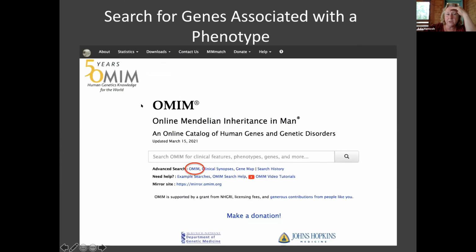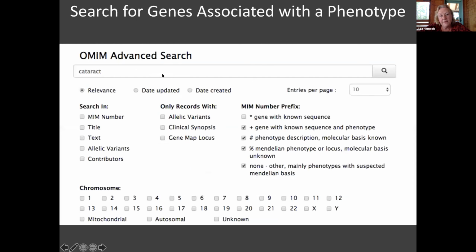And then in this case, I don't know if you guys need to do something like this, but if you're looking for genes associated with a phenotype for some work you're doing, you go to an advanced search of OMIM. And by the way, this is how you get to the gene map right there. You go to an advanced search of OMIM, and it takes you to a page that looks like this. In this case, I've typed in cataract, and I've typed it into all the possible phenotype entries. So I put a check mark here, and there's a search button at the bottom, which I clicked.